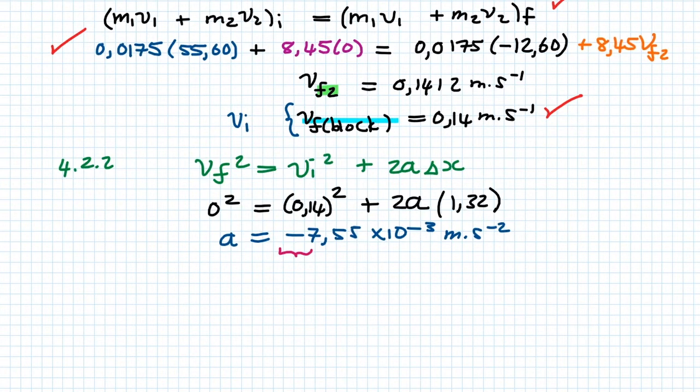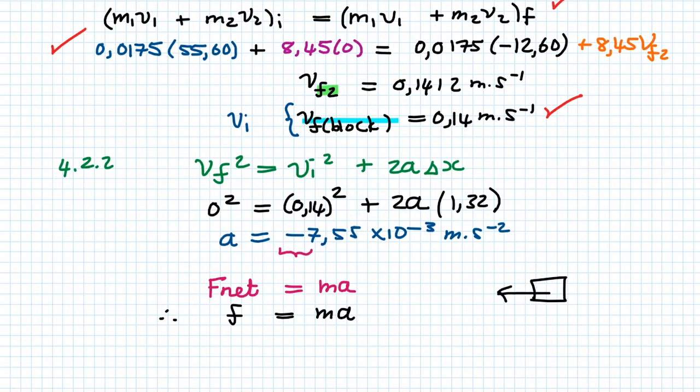We are looking for the net force, which is the friction force. The net force is equal to mass times acceleration. Therefore, grade 12, the frictional force is equal to mass times acceleration. This, once again, is only because the only force acting on the block is the frictional force, and therefore